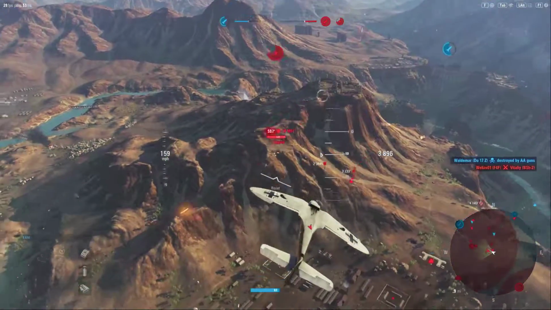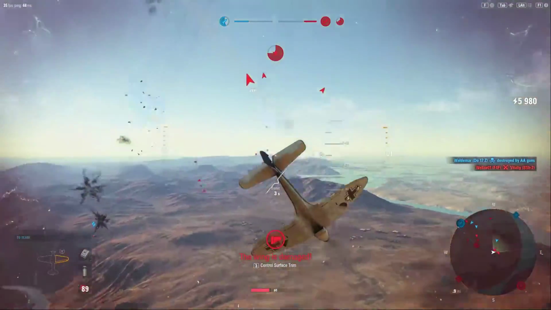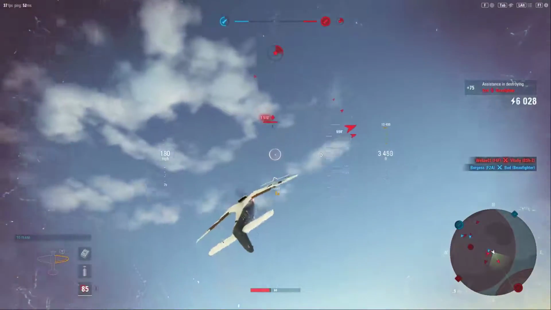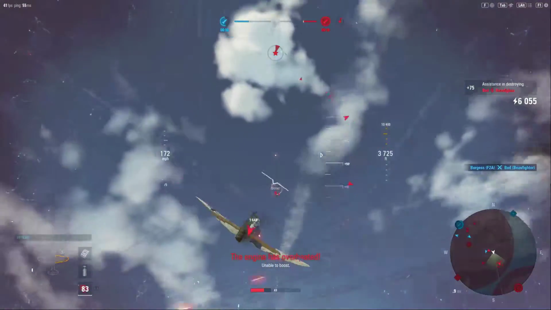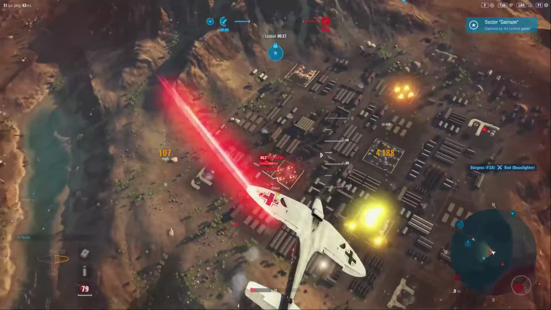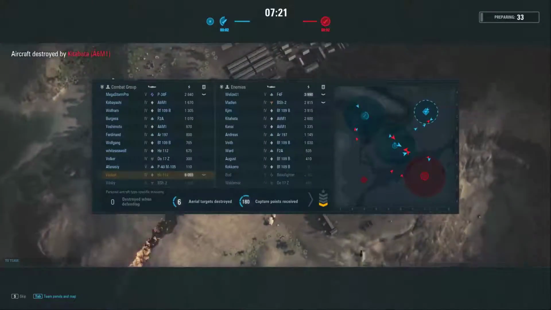Oh, we got quite a few aircraft coming in on us here. We've lost a wing. Oh geez, how many aircraft are on me right now? There's 1, 2, 3 aircraft engaging me in a dogfight right now, and I am going to have a heck of a time. Luckily, we captured the zone. I know I'm going to die here, but this facility's locked, so it's not a big deal that I just